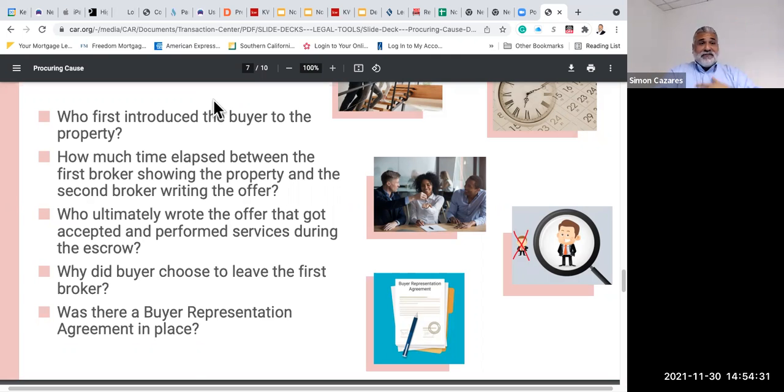I've done it, and I'll be the first to tell you, I've done a lot of transactions without a BRE. It's just because I have a great dialogue, great conversation, and I have that relationship. But then I kick myself in the rear for not having a buyer representation agreement, because I've lost buyers, and I've lost buyers who I've helped sell their home and then transition and buy a property.